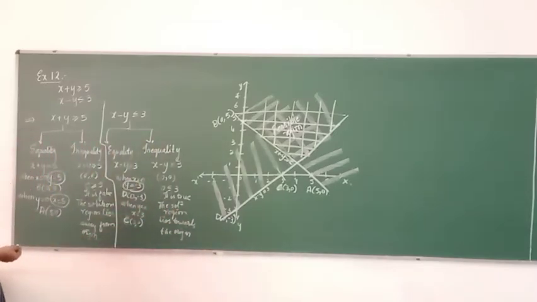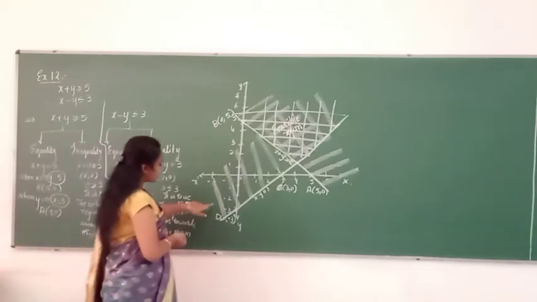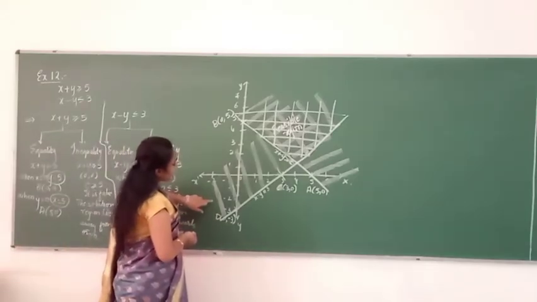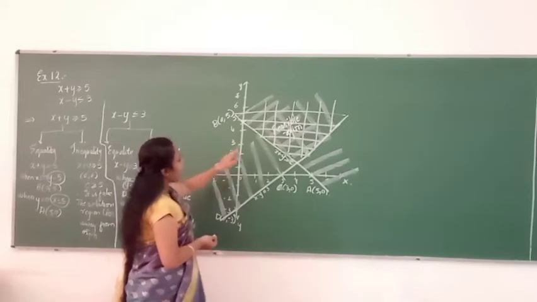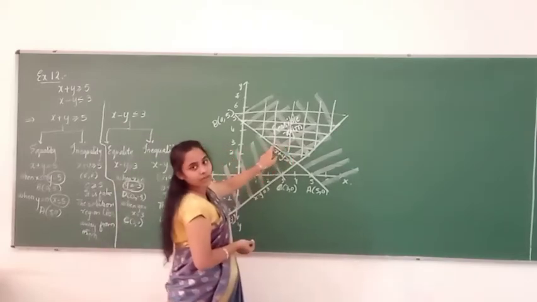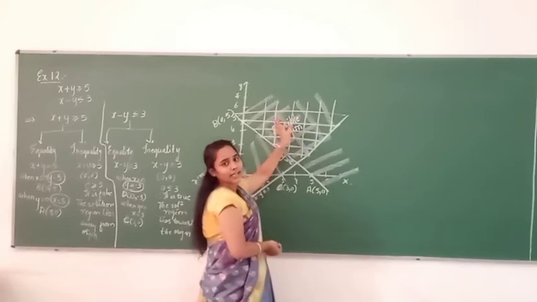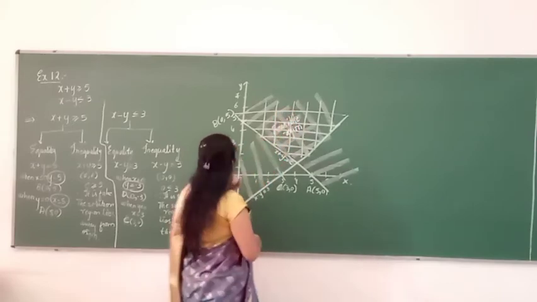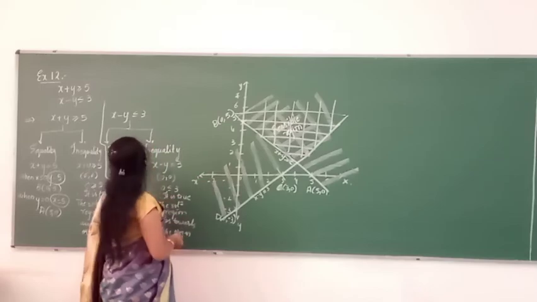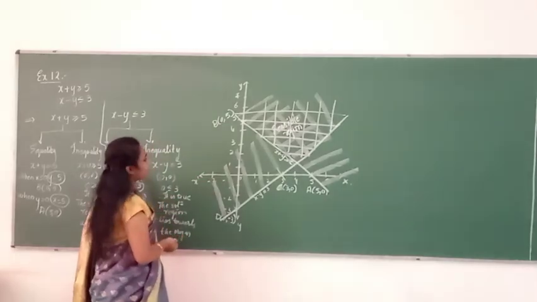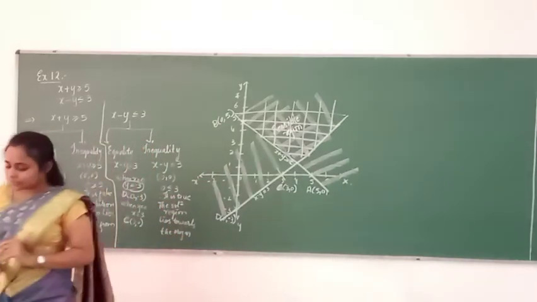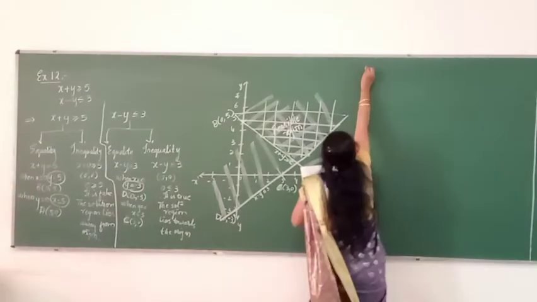Inequalities, when two inequalities are given. Okay, so hope you have understood each and every point of how we need to indicate it. See here, it is not compulsory that you shade the first inequality up to the upper half plane and here this side away from the origin. You can directly shade the feasible region where both the inequalities have a common solution. So this is nothing but the answer of the 12th solved example. In the same way we have all the other solved examples. So let us move on.